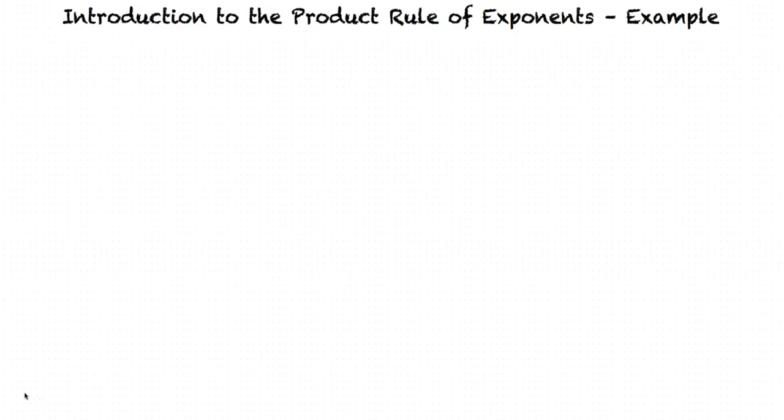This is an example video to demonstrate the product rule of exponents. It's important to remember that if we have a number raised to an exponent, the exponent tells us how many times to multiply the number by itself. So if we have 2 raised to the 3, we can rewrite this as 2 times 2 times 2, which